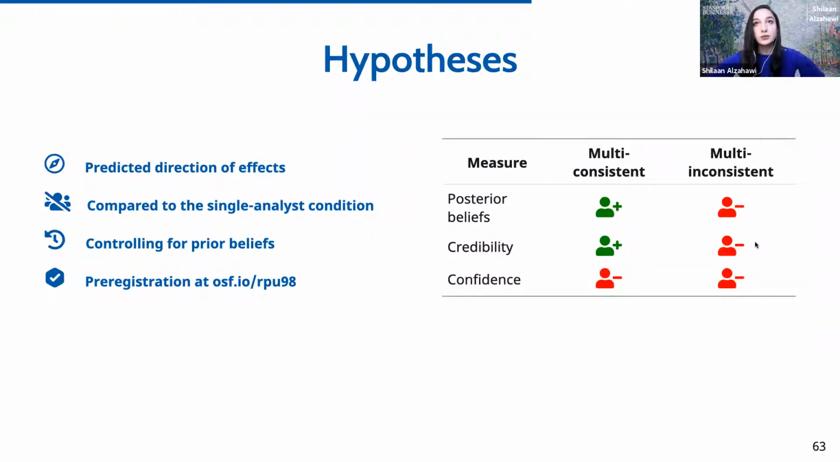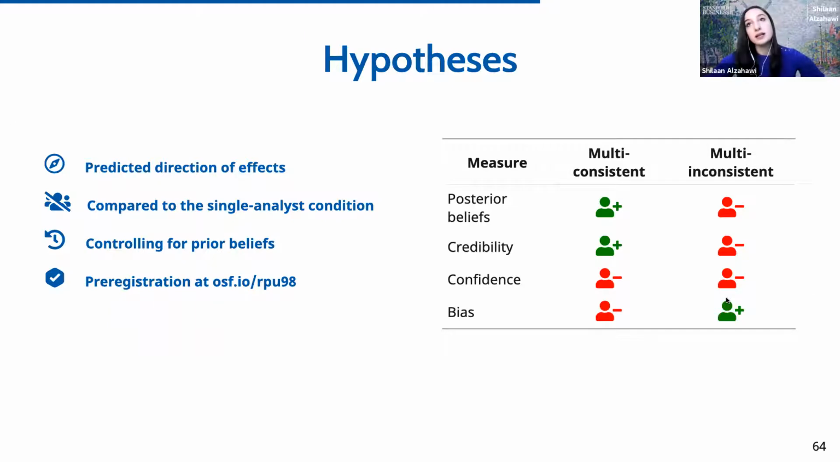For confidence, we had quite a different prediction in the sense that confidence refers to confidence in the aggregate parameter estimates, and we expected that observing variability, even if it's just a little bit of variability, seeing 5 to 10 different estimates would decrease confidence in the aggregate parameter estimate. And we expected lower ratings of bias in the multi-consistent condition, higher ratings of bias in the multi-inconsistent condition, and